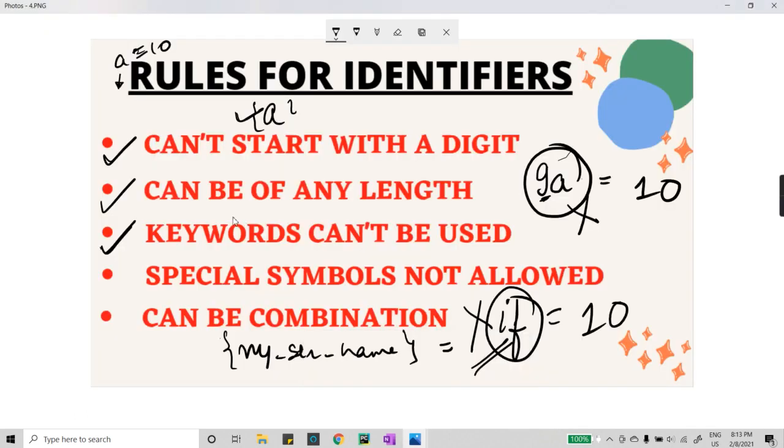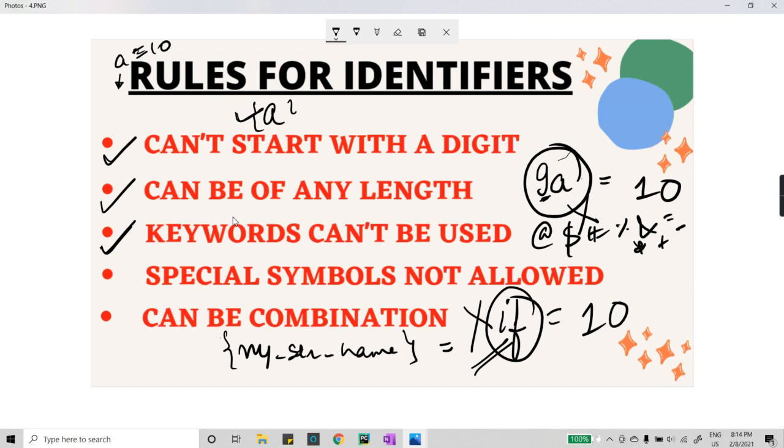So there is a rule for writing identifiers that special symbols are not allowed. That means you cannot use special symbols like at the rate, dollar, hash, percent, ampersand, multiplication, plus, minus, equal to. You cannot use any of these while writing an identifier. But here is an exception.